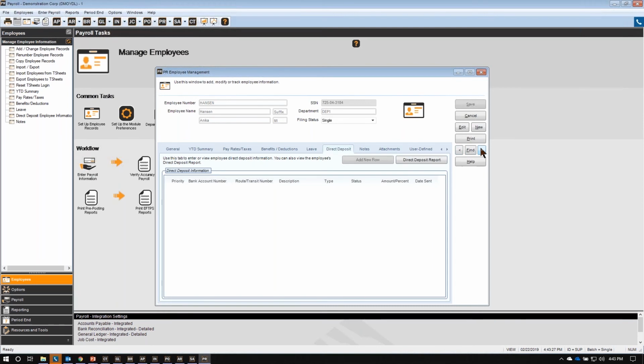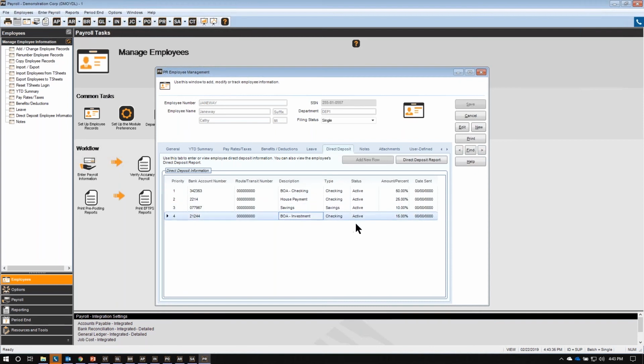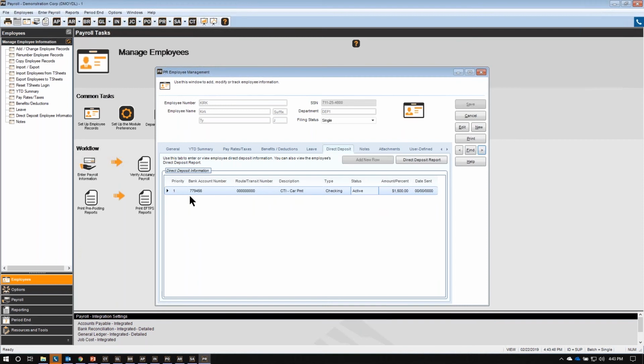Denali also does direct deposit. You can set up direct deposit to where your paychecks are directly deposited to the employee's bank account. And you can even set it up to split their paycheck across multiple accounts like we have here in this system. Here's an employee that only has 1 account set up, so 100% of their check will go to that